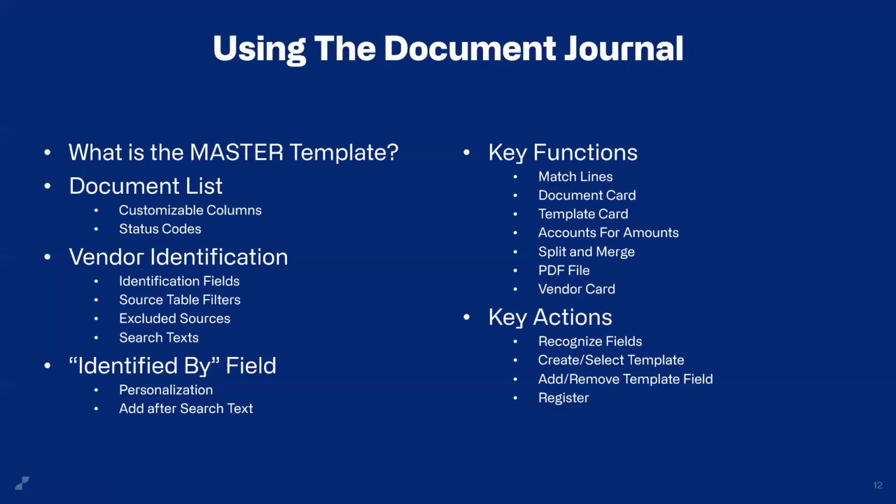And remember, we like to use numbers: account numbers, customer numbers, bank account numbers, email addresses, phone numbers. We talked about the identify by field that you have to personalize,